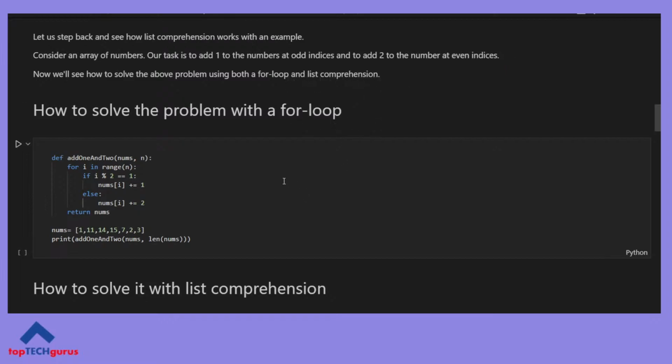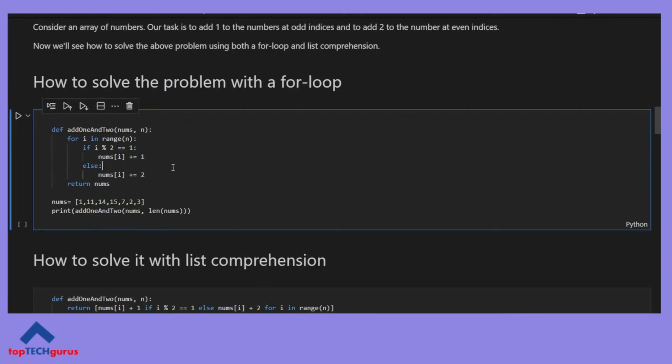Let's just do this logic using a for loop, and then we'll see if we can convert that into a list comprehension. So here we're defining a function called add 1 and 2. The function takes nums as the input, which is a list, and it also takes the length of the input,